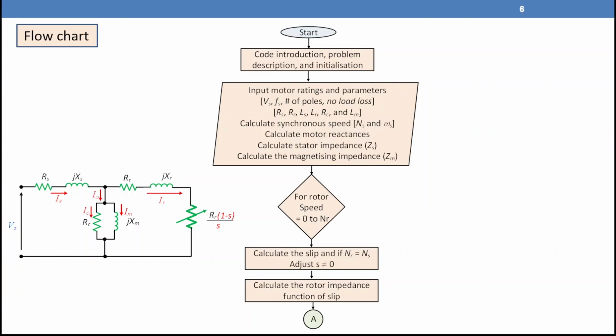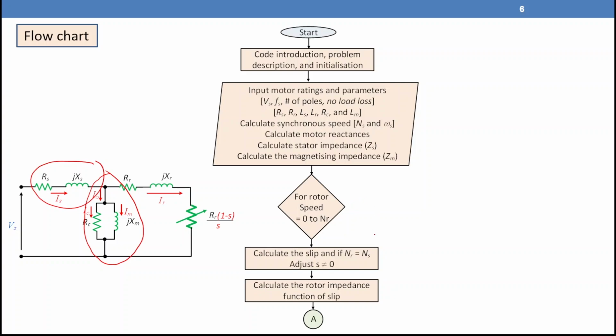If we would like to run the machine for any frequency, we can solve our problem. We are going to calculate the synchronous speed in both RPM and radian per second. And then we are going to calculate the stator impedance, R stator plus jX stator. Then we are going to calculate the parallel equivalent of R core and jXM. We are going to start a loop for the speed ranging from 0 up to the synchronous speed, and then